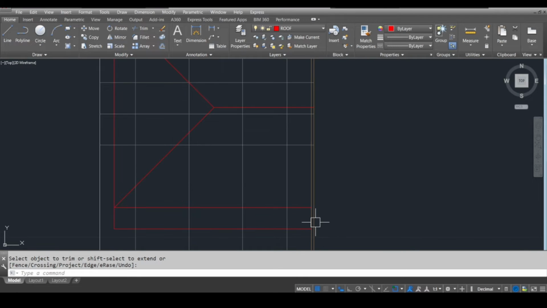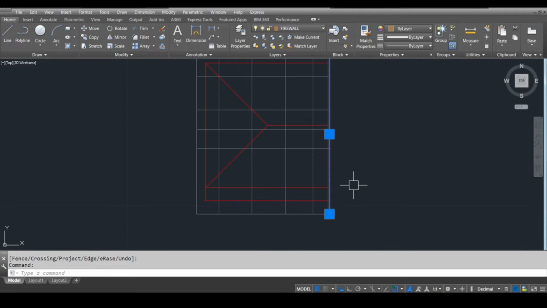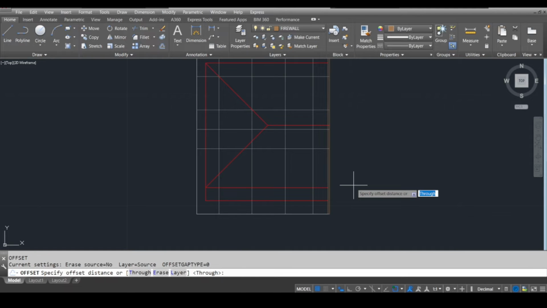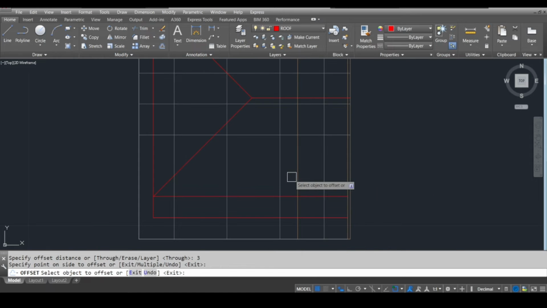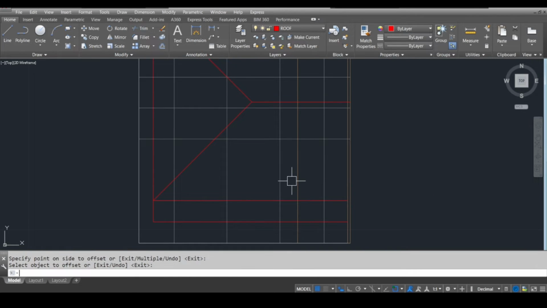So we will offset this line, type O, then we specify the offset distance, which is 3, and offset again. We will specify the offset distance. Now it is 4, and then we select this line again, and then click on the left side. Okay, so now we have these lines,